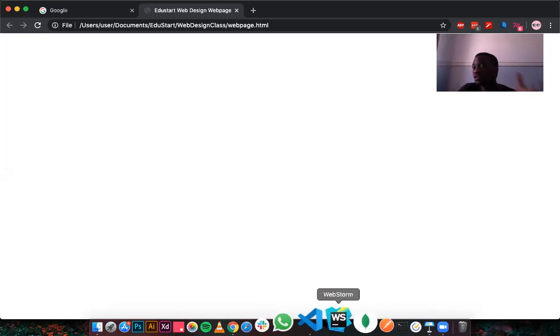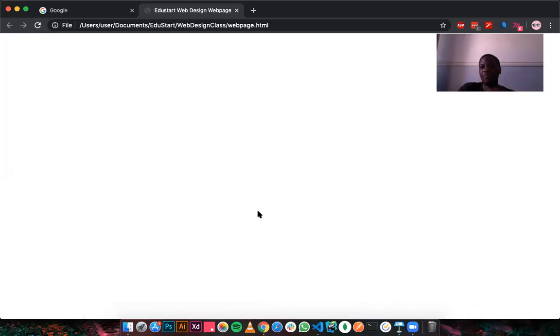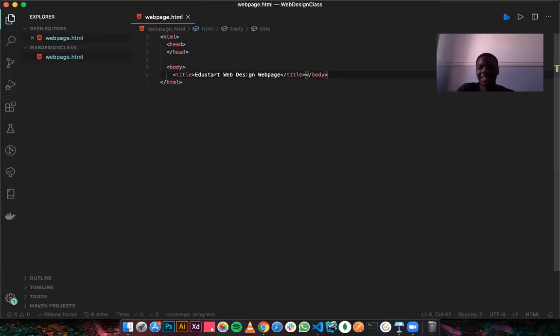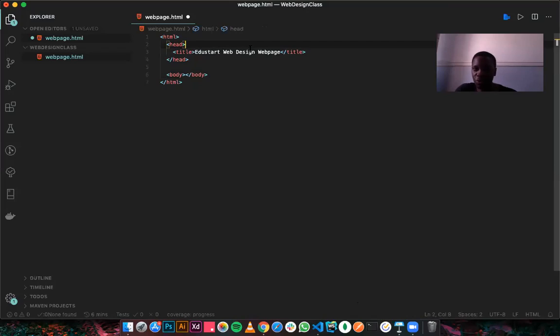Because modern browsers have a way of identifying the title tag wherever it is placed. However, it is not good practice. And for the duration of this course, and most likely for the entirety of your career, please never put the title tag anywhere aside from in between the head tags, the head element.